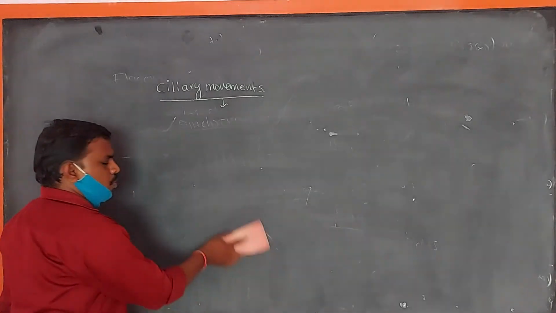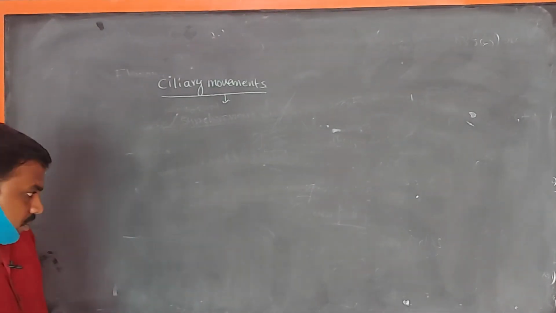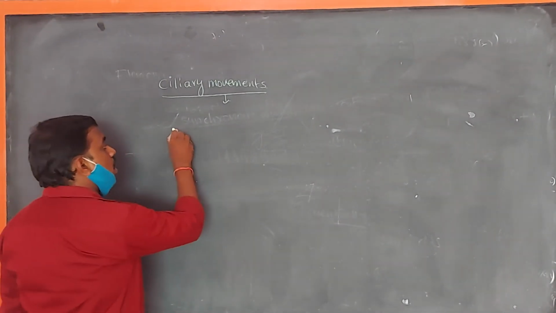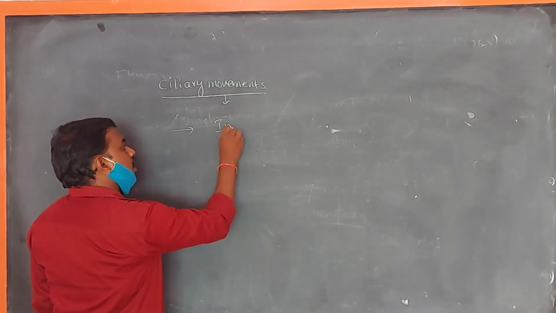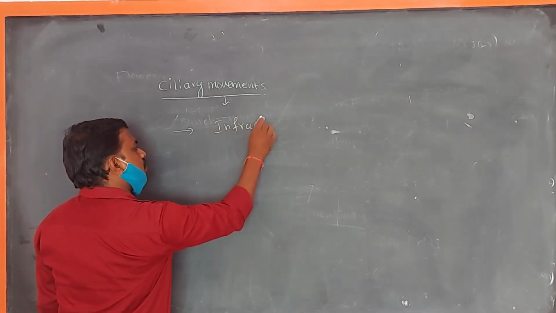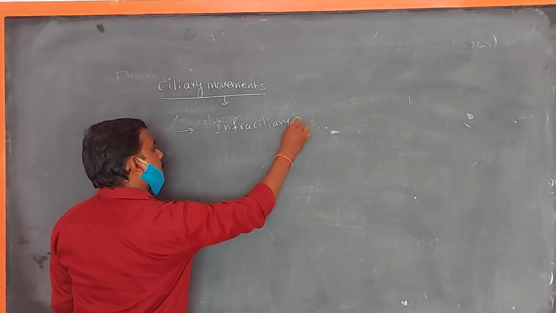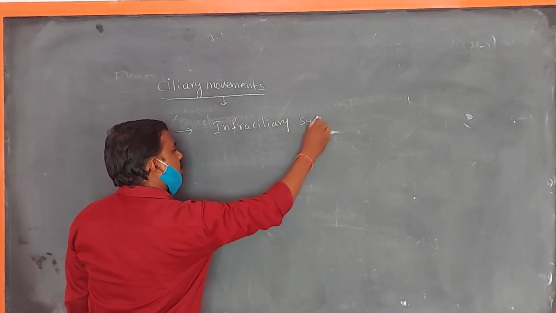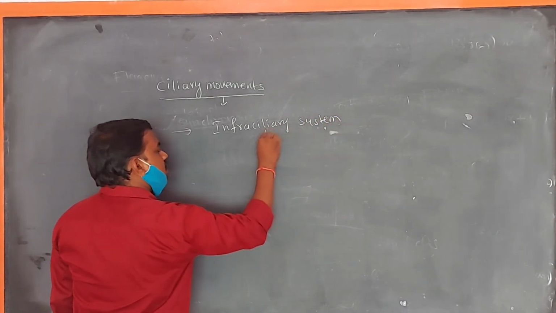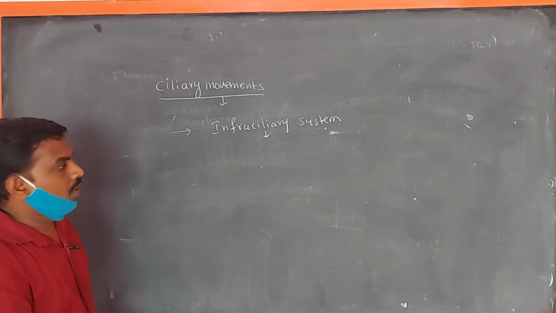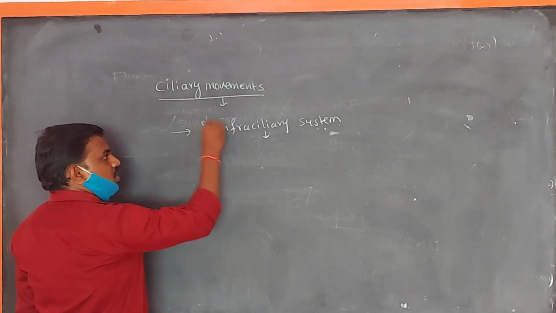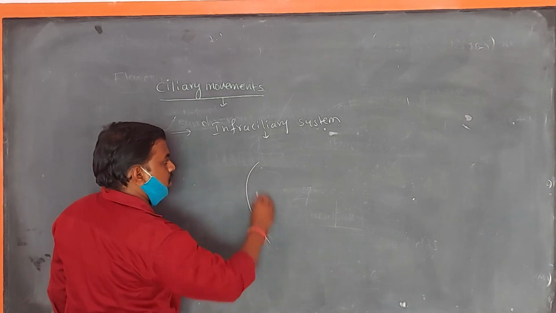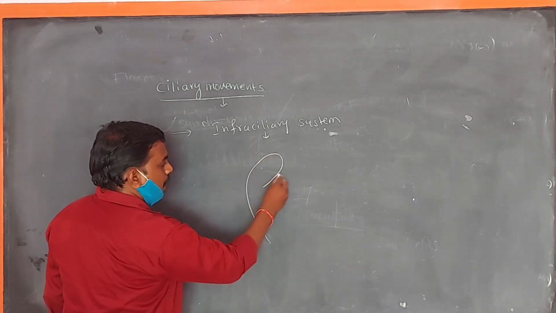these ciliary locomotions, which are coordinated by the infraciliary system, are seen in Paramecium. The infraciliary system is also discussed. These are the Paramecium,